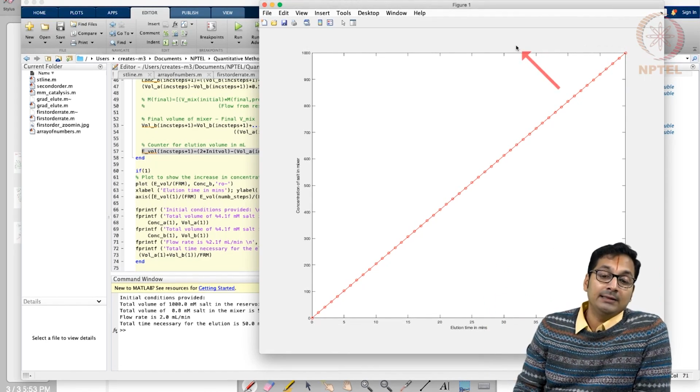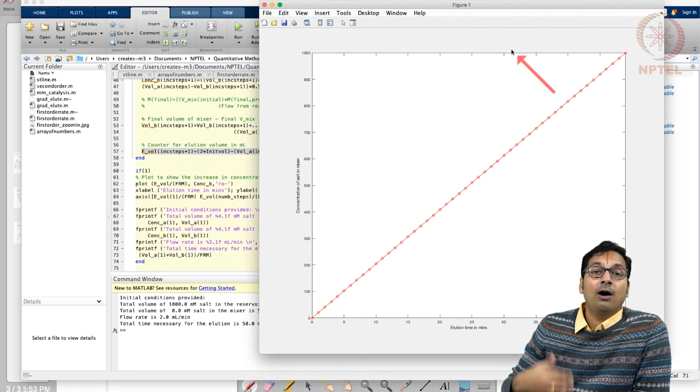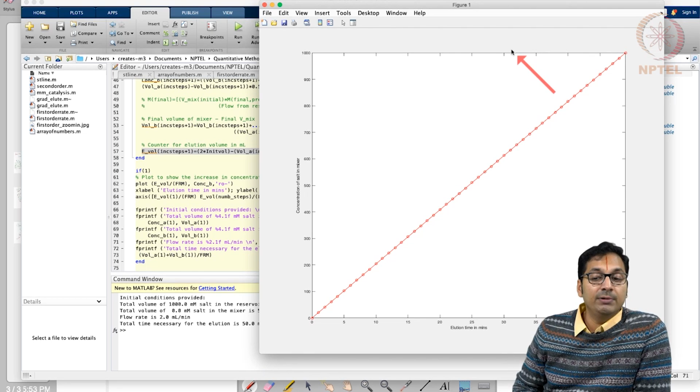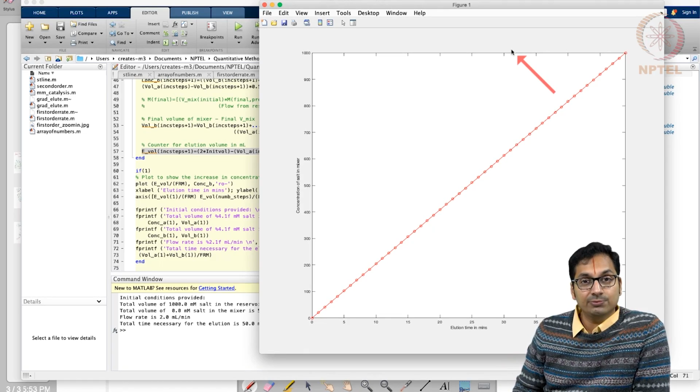Right? In the next lecture, we will be trying to understand how to simulate such rate kinetics. I will be taking Michaelis-Menten rate kinetics as an example, so that we understand how this works out. Thank you.